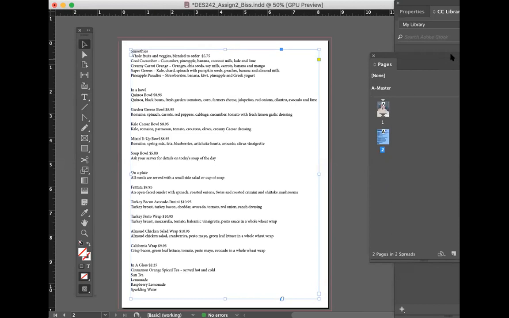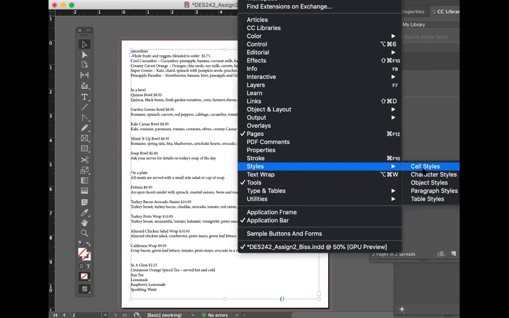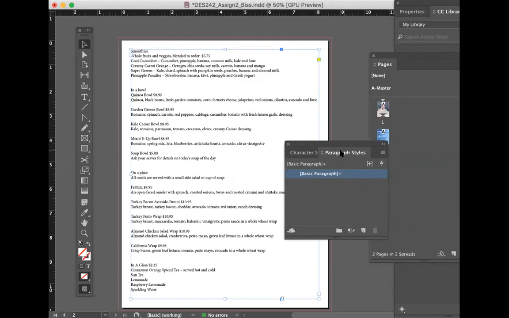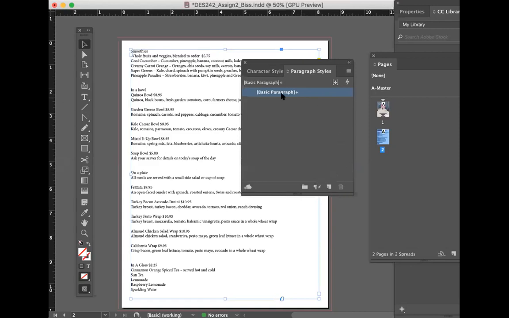Okay, so let's go ahead first and set up our style sheets. You can find your style sheets if you go up to Window on your menu bar and choose Styles. The ones we're going to be paying attention to are character styles and paragraph styles. I'm going to choose paragraph styles because we're dealing with more than one word. We're going to be dealing with your body copy. Once you pull up the paragraph styles panel, it should look like this. This is your style box. There will always be this one style in here. It's a default setting, so you just kind of ignore it.